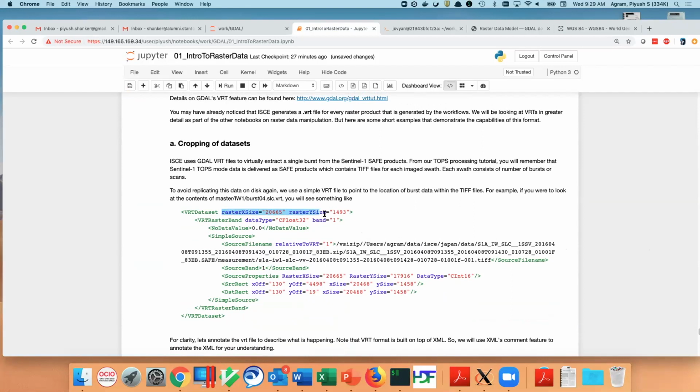You see, the VRT data set basically says it's a size of 20,000 pixels and 1400 lines of type cfloat32. And this is a simple source. It points to a zip file sitting somewhere with a TIFF inside it. So that's a zip file for a Sentinel-1 product,